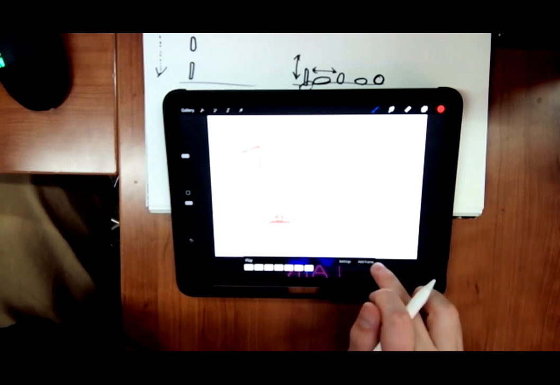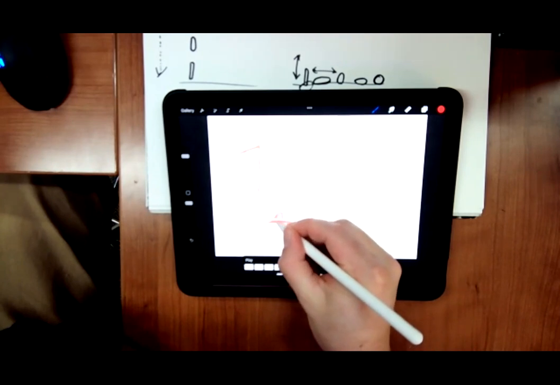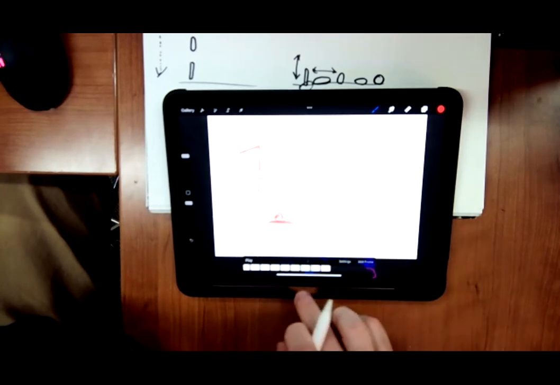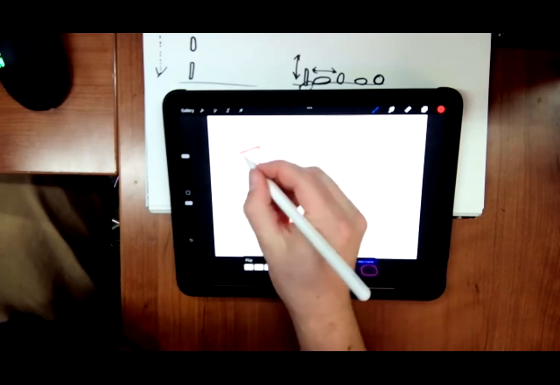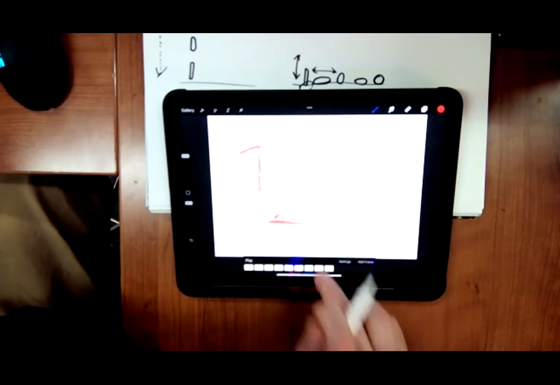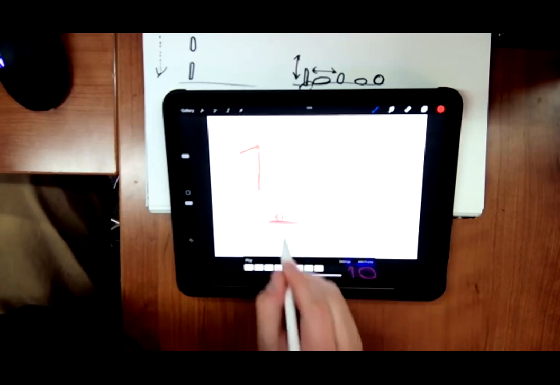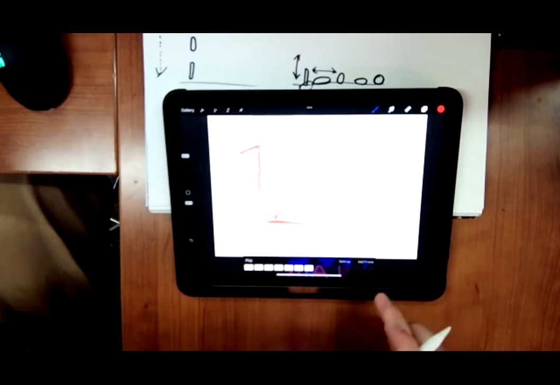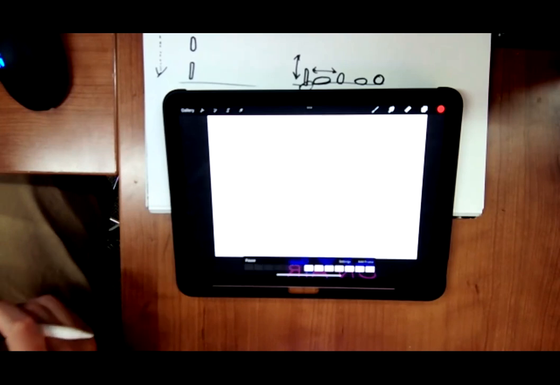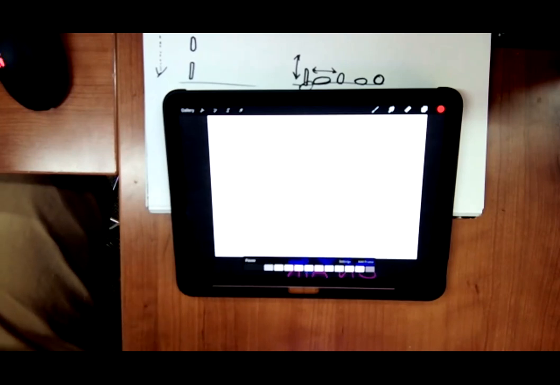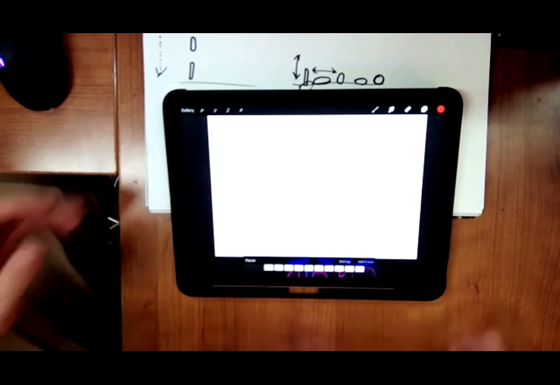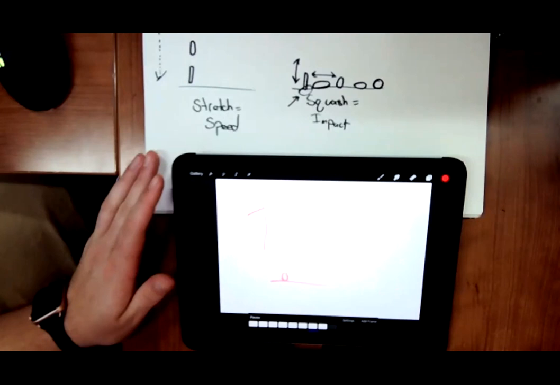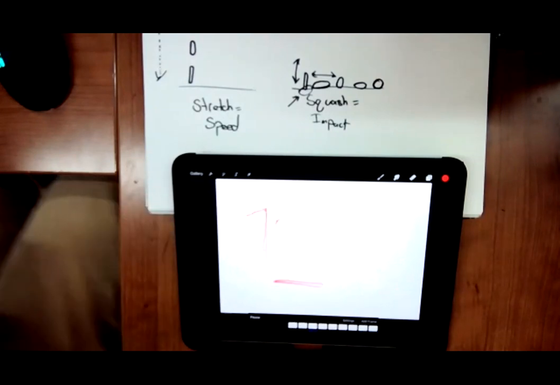And then right about now, we should be back to normal ball size or our sphere size like this. And I forgot to draw these again. So something to keep track of, you got to draw your background every time you make a new frame in your animation here. So if I play this, you can see how the ball, it's not awesome, but you can see how the speed is translated and how the impact is translated, as well as the mass of the shape, by only thinking about how is the ball going to squash and how is the ball going to stretch. So I'll export that and put that into our